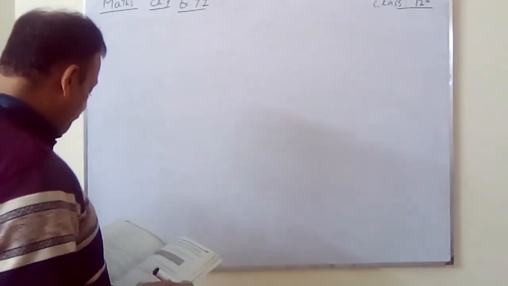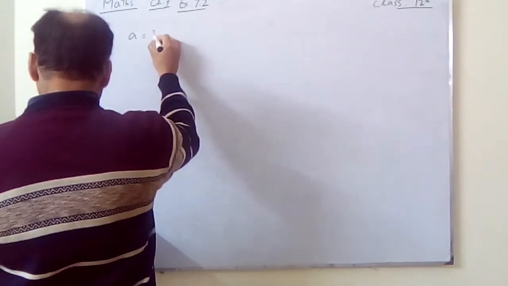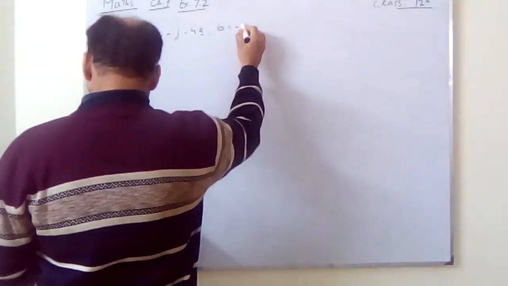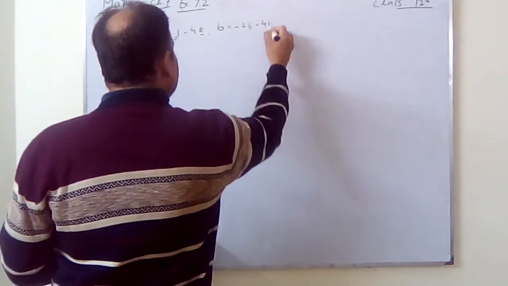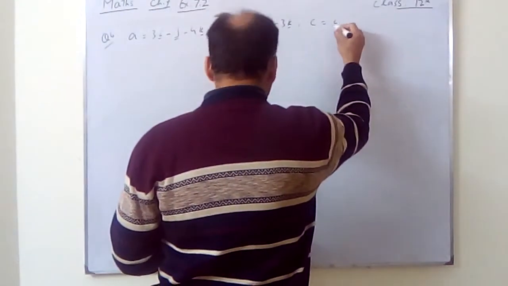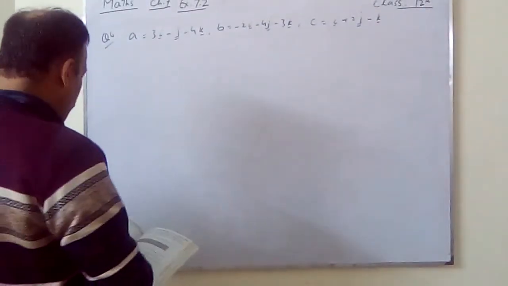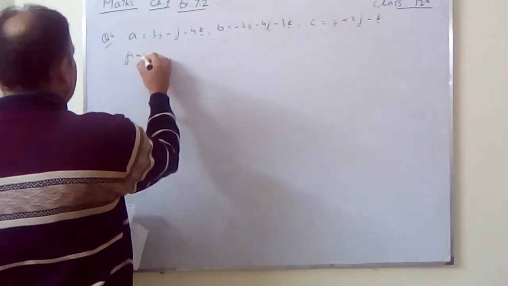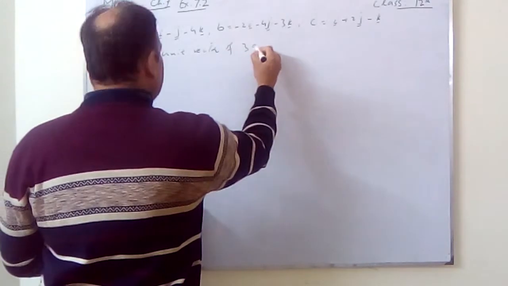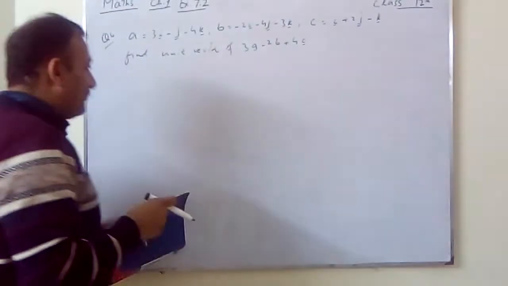Question number 6. A is equal to 3i minus j minus 4k. B is equal to minus 2i minus 4j minus 3k. And C is equal to i plus 2j minus k. We have to find unit vector of 3a minus 2b plus 4c. So first of all,